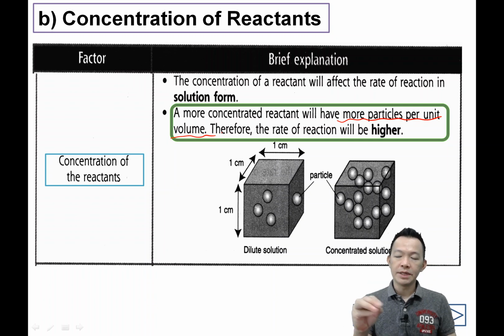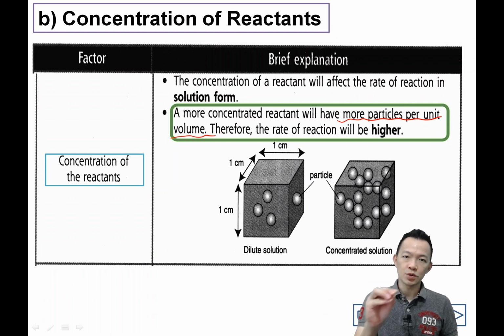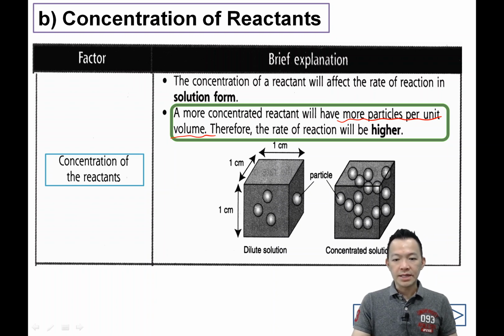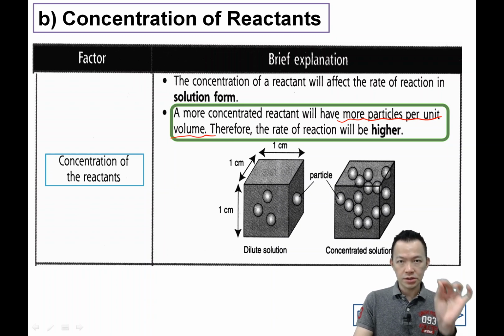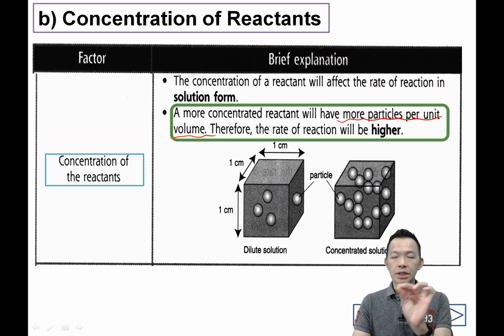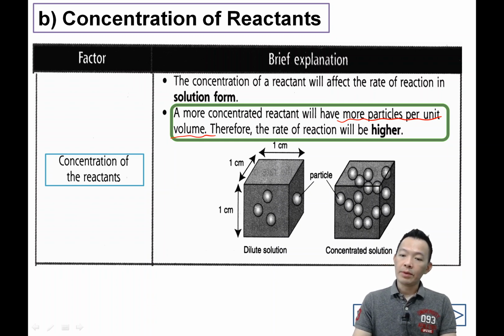这个 more particles per unit volume 很多人不会写，每次考试都输在这边，出事也出事在这边。So now you see, I have the same volume of reactant, 我有2杯同样大杯的反应体。And for the one with a higher concentration, 浓度比较高的那一杯, it contains more particles per unit volume. 在同样的体积之下，the particles are more, the reactant is more 啦，它的质量比较多，它的反应体比较多。所以这句话非常受用，非常好用。More particles per unit volume, so when the particles are more, the reactant is more per unit volume, the rate of reaction will be higher 啦，它的反应的速度就会比较高。